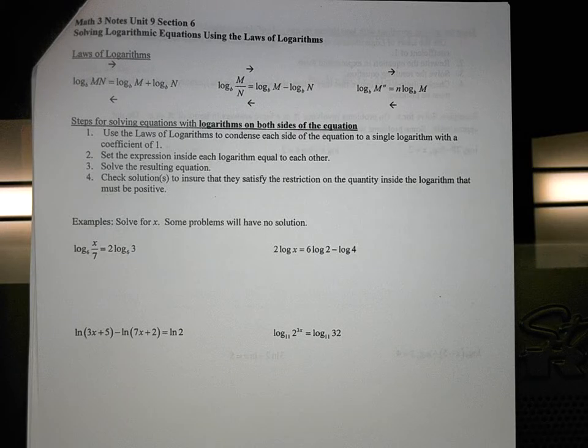Math 3, Unit 9, Section 6. Today we're just doing Part A, which on your homework is questions 1 through 10. Our cell phones are put away and we are focused. Wonderful. Okay, so today,